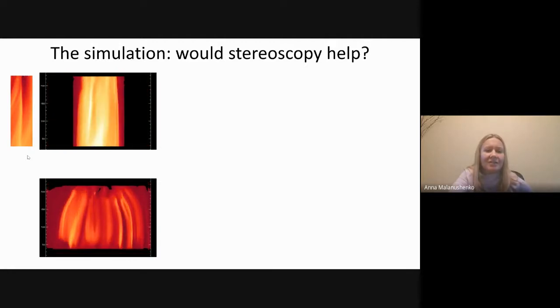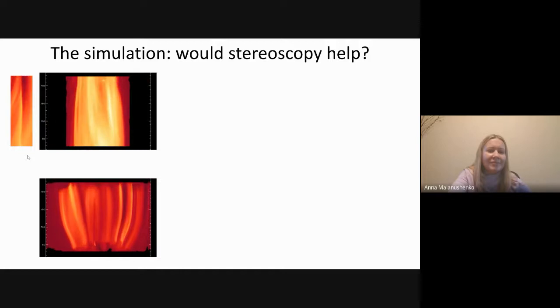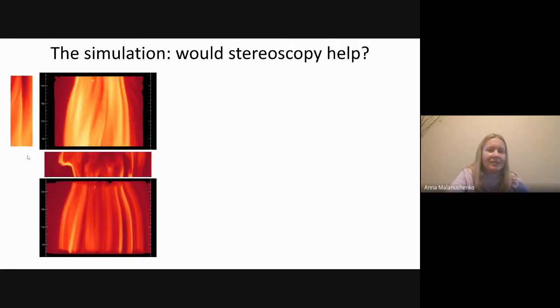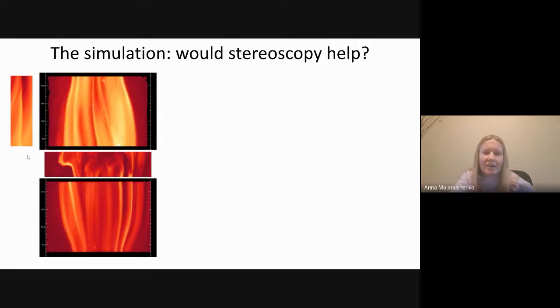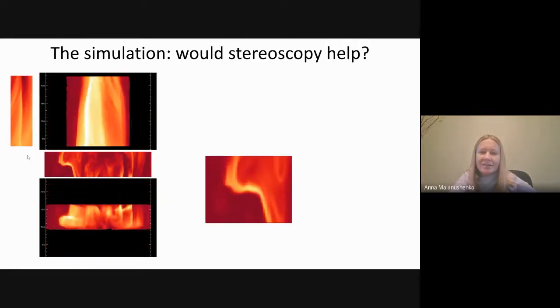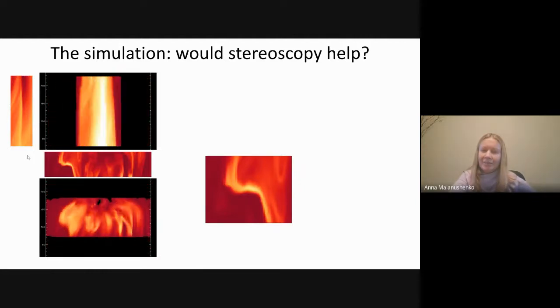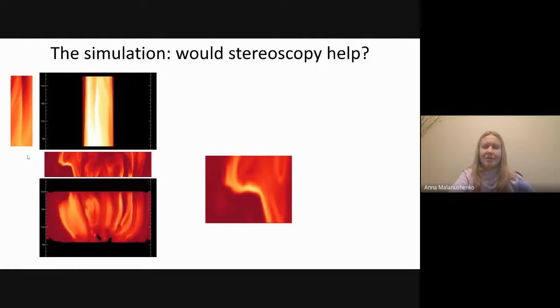Here is a different flyover of the same slab, just rotating it in a different direction. And this is its foot point. It's just the middle slice. The point here is that it really is the copper structure that brings a particular loop to existence along a particular line of sight.